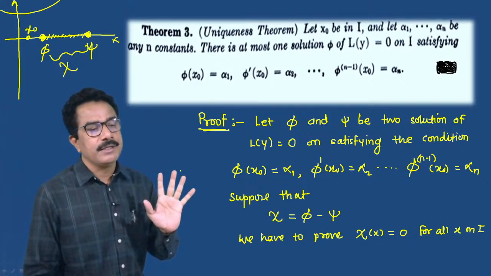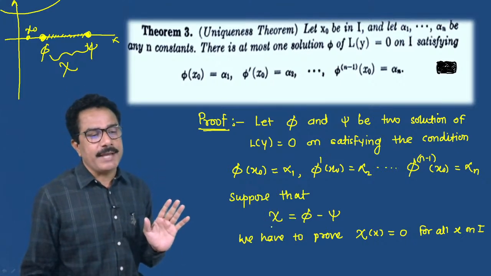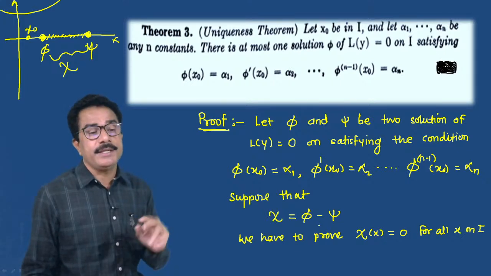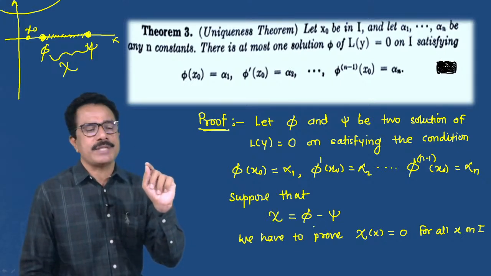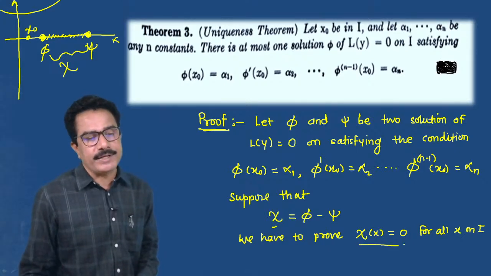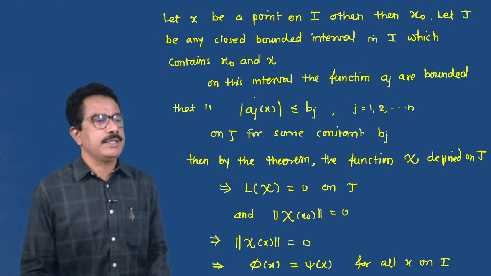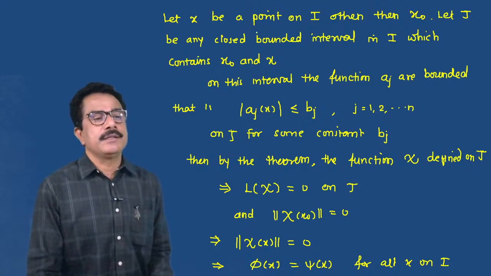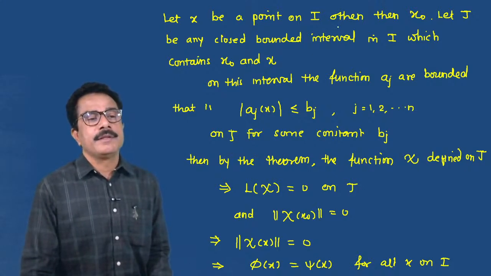a unique solution. If the difference is chi equal to phi minus psi, and we want to show phi is equal to psi, then we have to show that chi is equal to 0. That means chi of x is equal to 0. Now see this, let x be a point on I, then